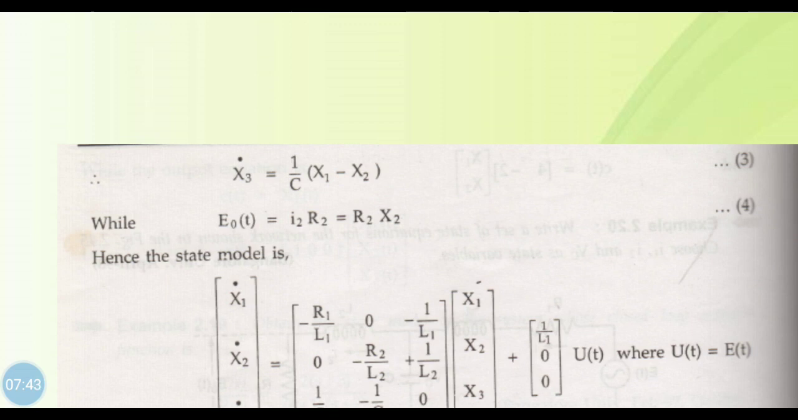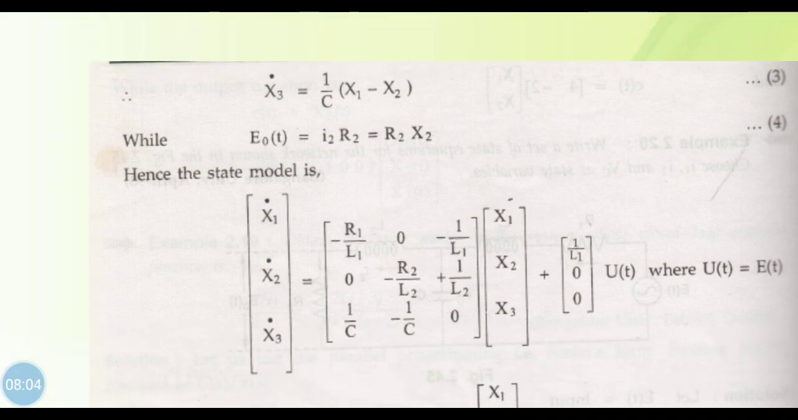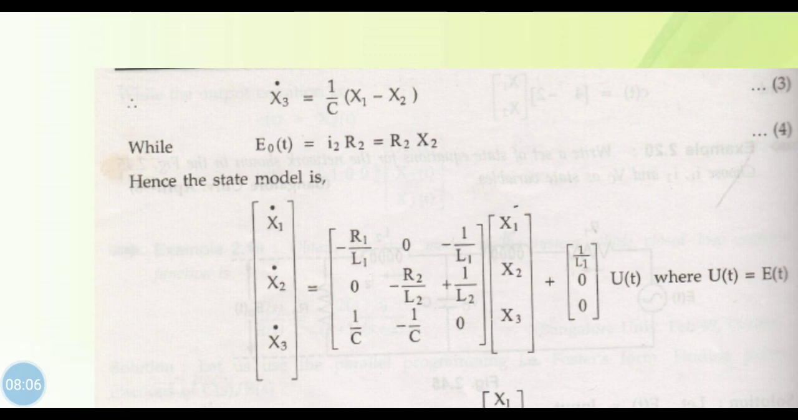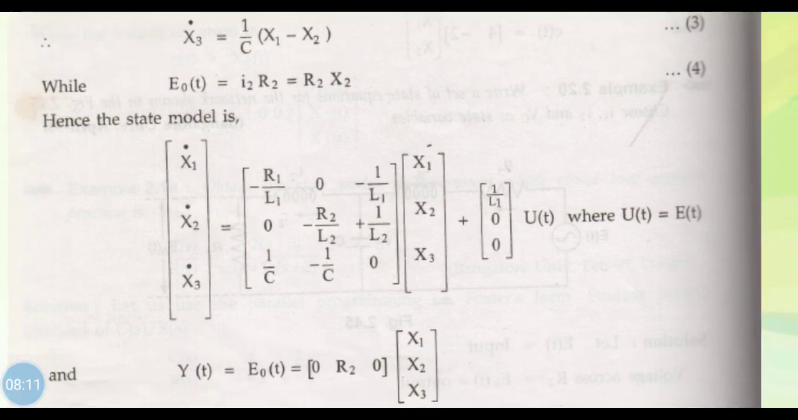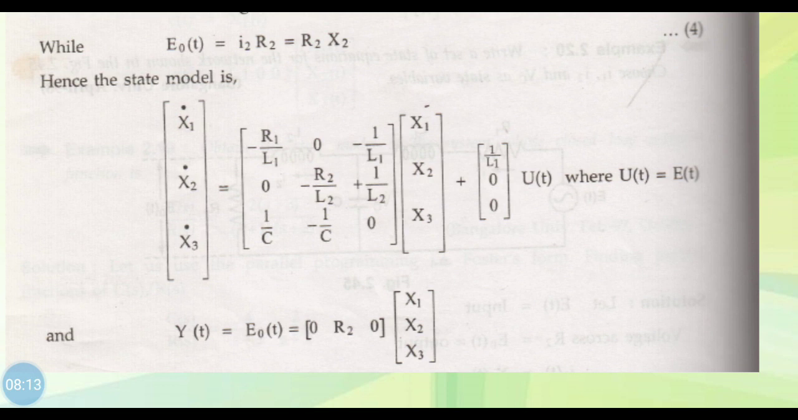So we have C dVc by dt is I1 minus I2, so dVc by dt is equal to 1 by C times I1 minus I2. That is taken as x3 dot. So x3 dot is 1 by C times x1 minus x2. E naught of t is equal to I2 R2, which is equal to R2 x2. Due to that, now the state model will be x1 dot, x2 dot, x3 dot, which is equal